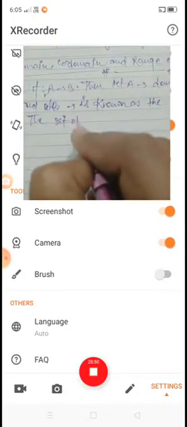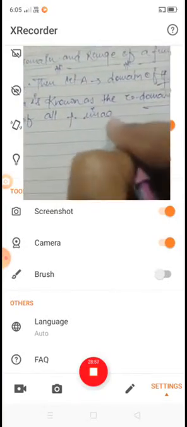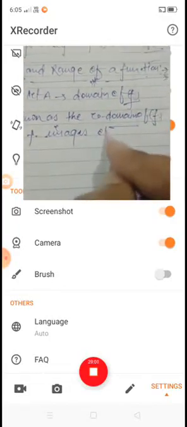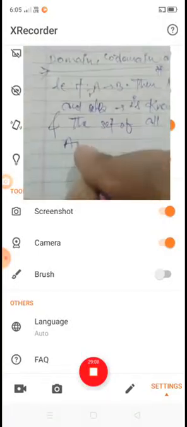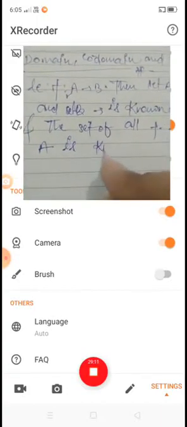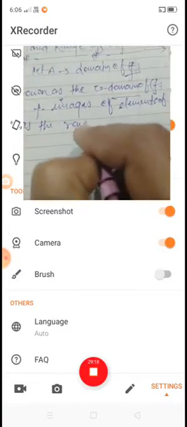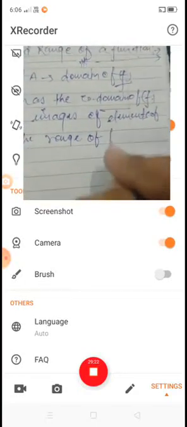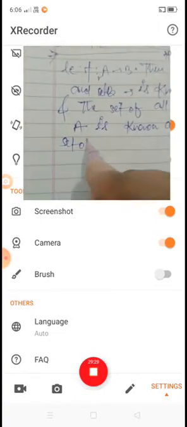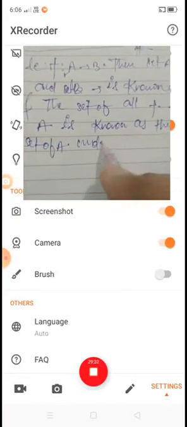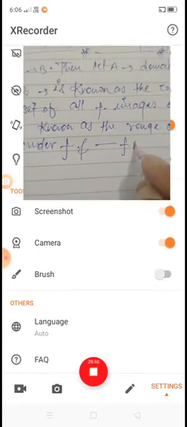And the set of all f images of elements of A is known as the range of f, or the image set of A under f, and it is denoted by f(A).